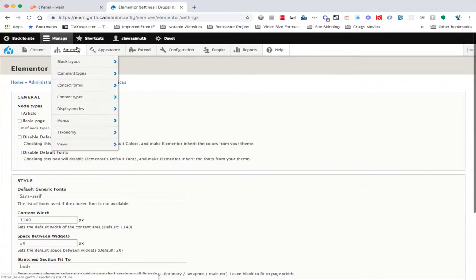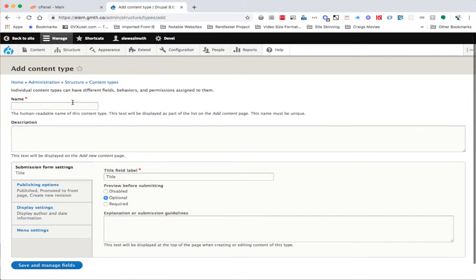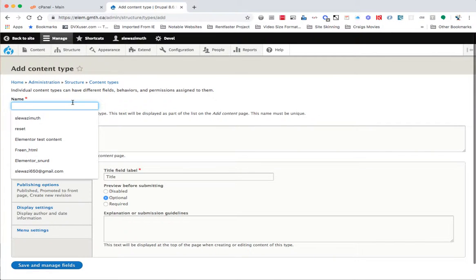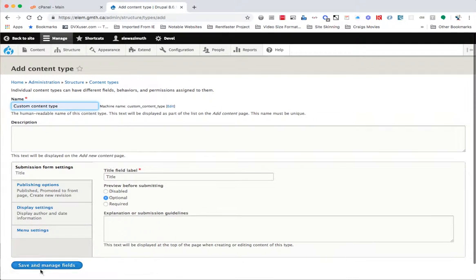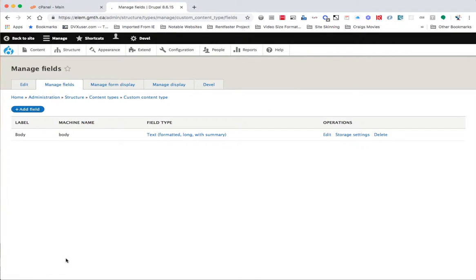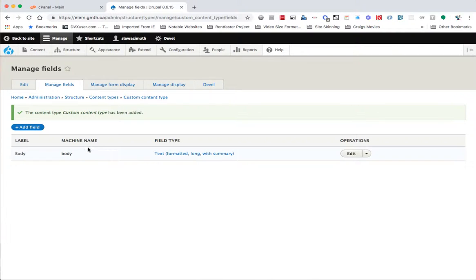For this session, though, I want to click on the structure menu, go down to content types, and click add content type. Okay, so I want to type in add custom content type to the name field, and then I'm going to go down and click on save and manage fields. That will add that as a custom content type to Drupal,